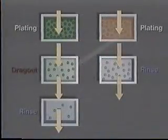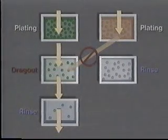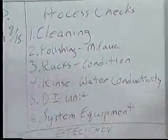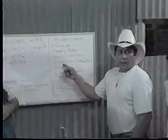By taking advantage of this equipment and using it properly, you will help your company reduce drag-out loss and save money. Think about areas in your shop that can benefit from any of this equipment. Drag-out reduction is the single most important pollution prevention activity in your shop, and you are the person most able